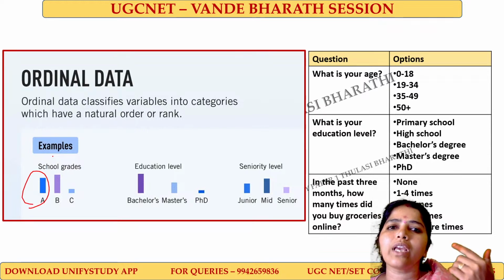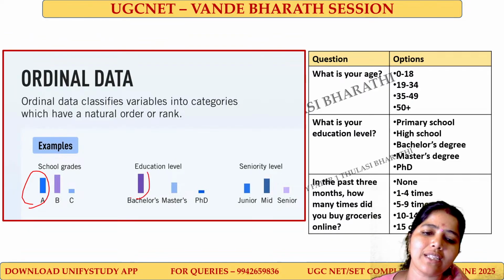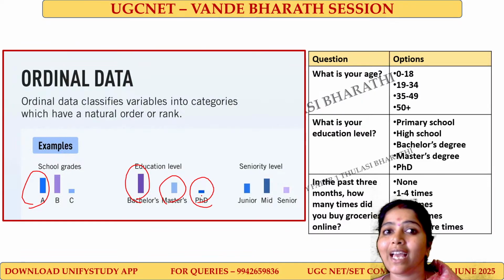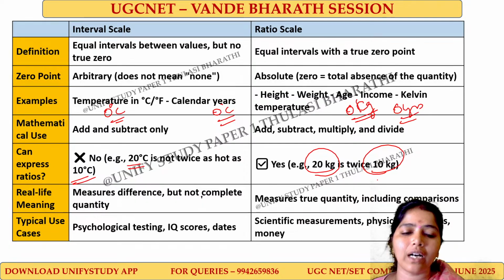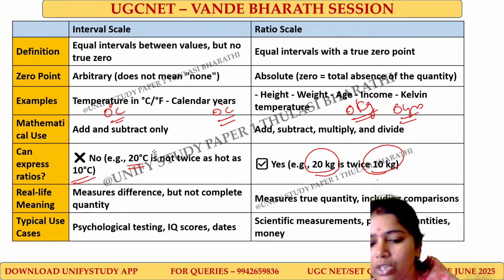If I want to do ranking, I move to ordinal data, where I can rank. For example, a bachelor degree is the lowest degree, master degree is the second one, PhD is the highest degree. I can do the ranking, that is ordinal data. Next we move to interval and ratio levels of data.